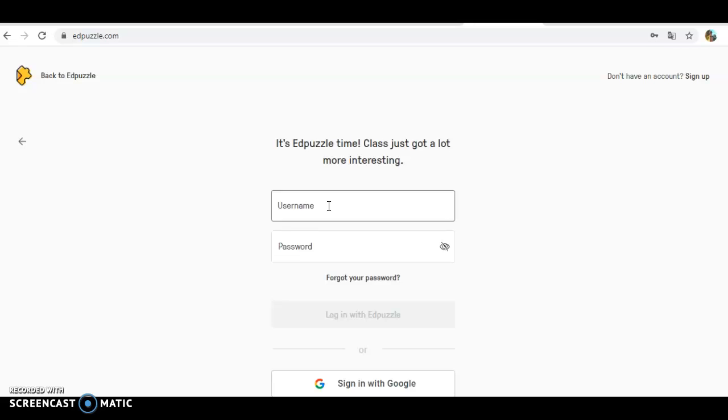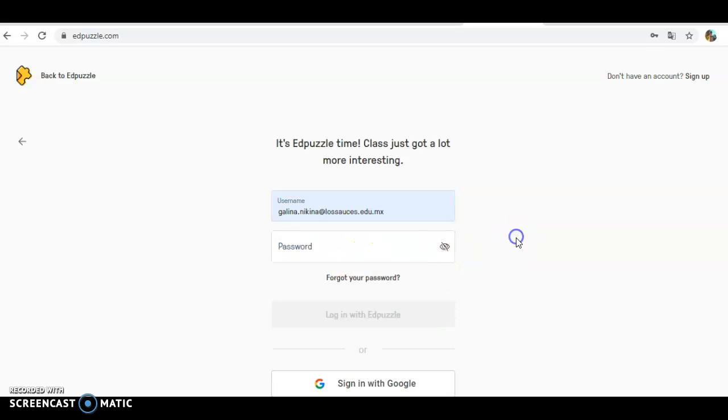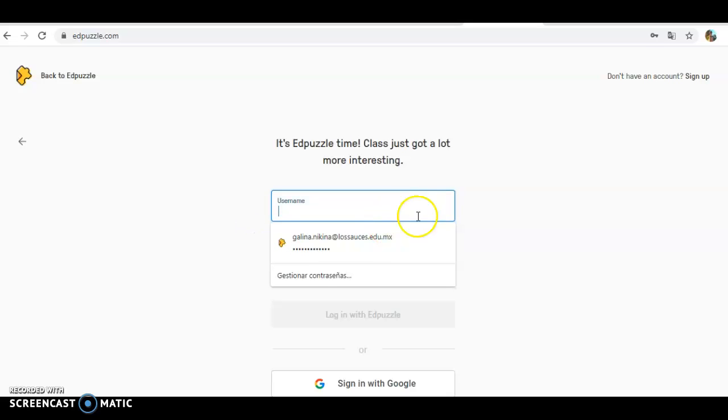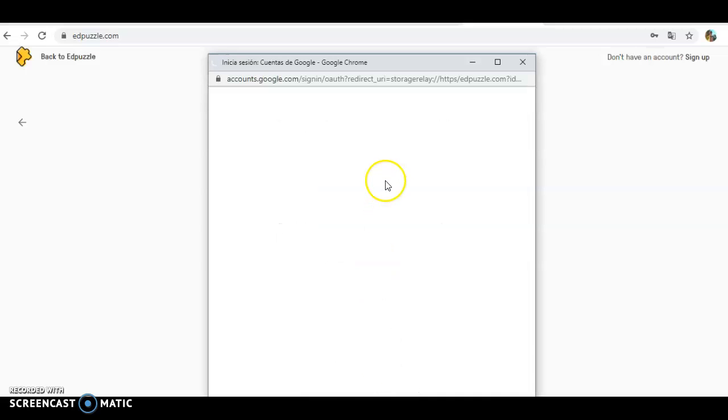It's actually your email. Because I have it registered, it appears automatically. If I didn't have it open, the email right now, I would just write down my email, okay? Or if it does not appear automatically and it's clean, here, erase. You can go to sign in with Google. My suggestion was to use your school email because it is in Google. So it could make your life easier in this